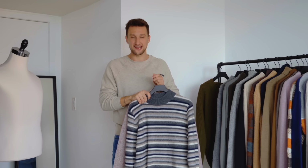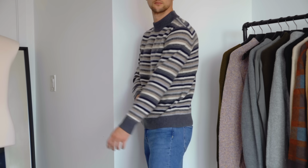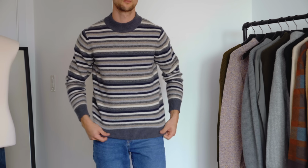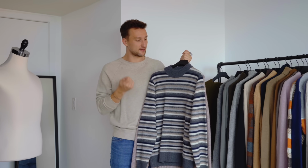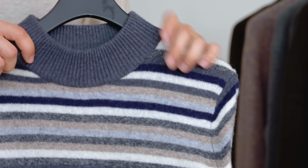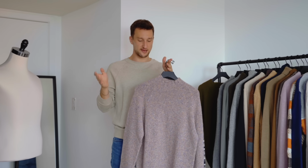And then we're back to the statement version of this silhouette. This one is a striped version from Uniqlo x J.W. Anderson. Once again, I really like the colors. It's basically a gray base. Then we have a little bit of navy, tan, and oatmeal in there, which I think is a really dope color combination. And if you, once again, want to make a bit more of a color statement, then this piece